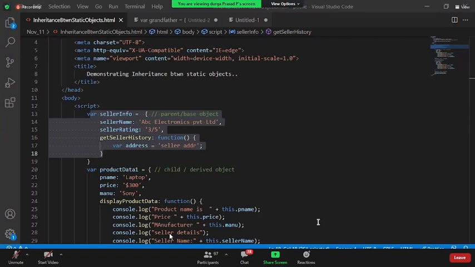For Amazon, both are hard-coded, static data. As a seller, I say, boss, this is the seller data, and these are the 100 products, or 100 objects, I want to go with. So in this case, Amazon needs to create one parent object and 100 child objects. All these objects will inherit the same parent object, so the seller data will not be repeated here.